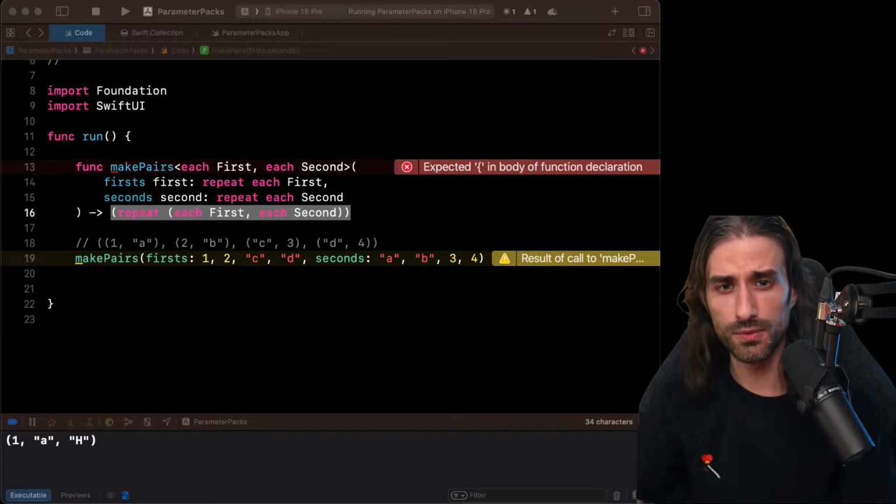When you say some view, it gets replaced at compile time by the actual type of the view, which could be very long because SwiftUI nests types into each other. So it's really like an alias. So saying repeat each some first, I don't think it would solve anything. If you have more details in mind, feel free to say it in the chat. But for now, I don't see how we could use it.